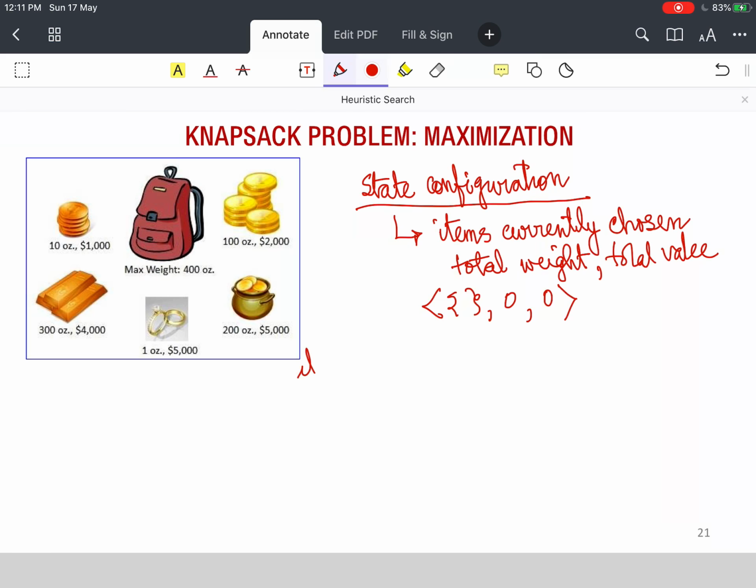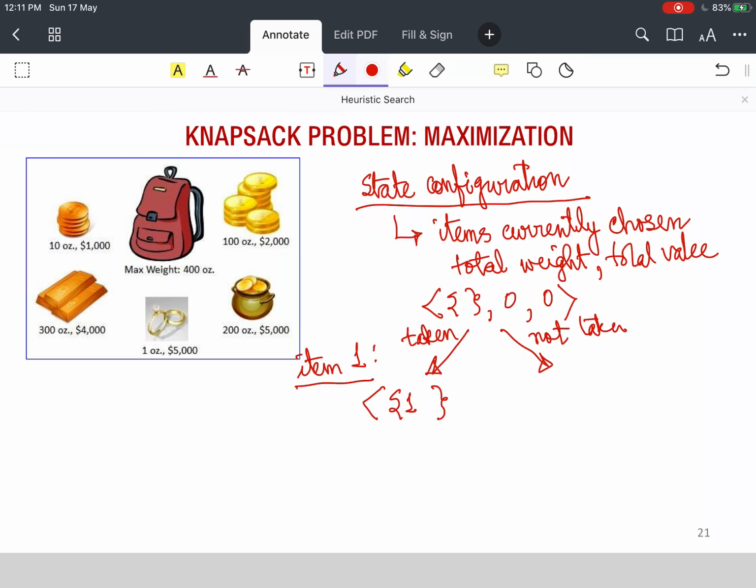Then we can order the elements and take an item I1. The state transformation rules are, there can be many ways. One is to choose every item and generate children. The other is to choose an item and say it will be taken or not taken.